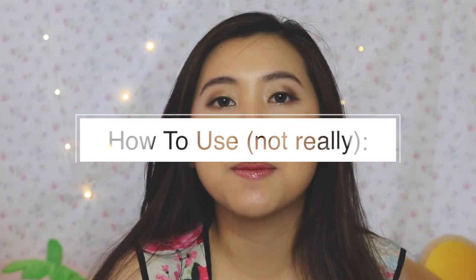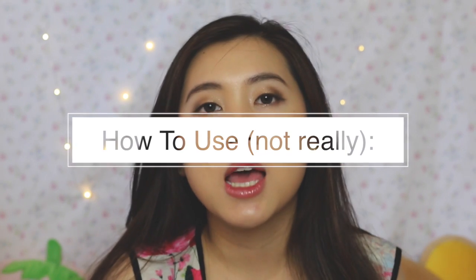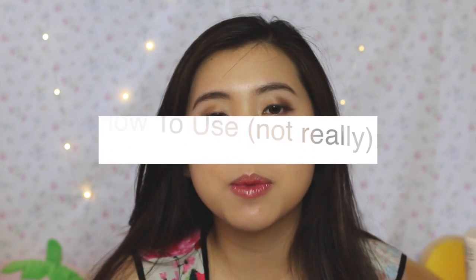I wouldn't say this segment right now is how to use, because I'm not really going to show a demo of how to use this because it's kind of self-explanatory, but you can use this as a primer or by itself. But if you want to know how or when I use this product, basically I cleanse my face, then I apply toner and essence,